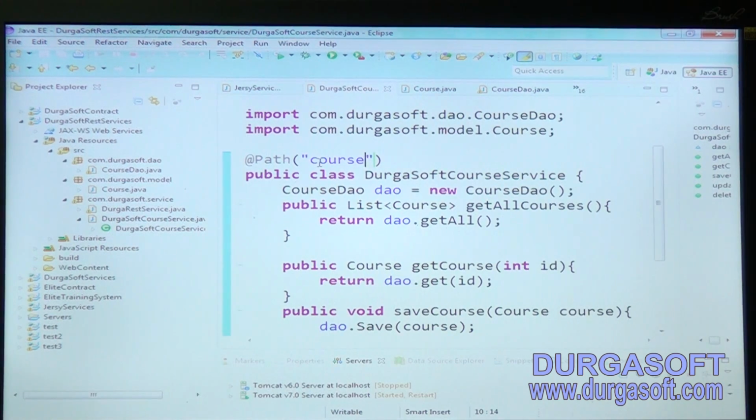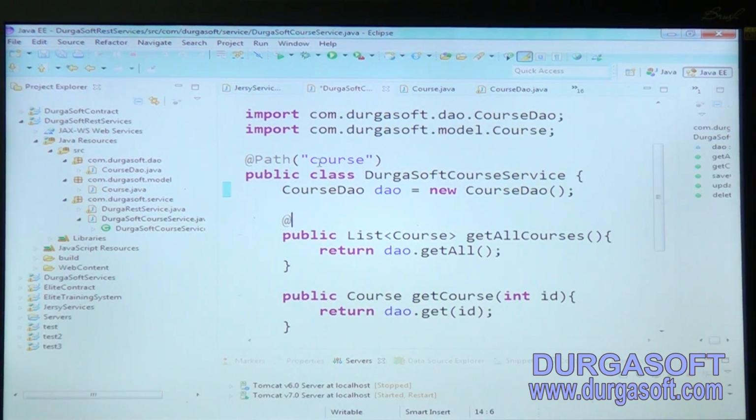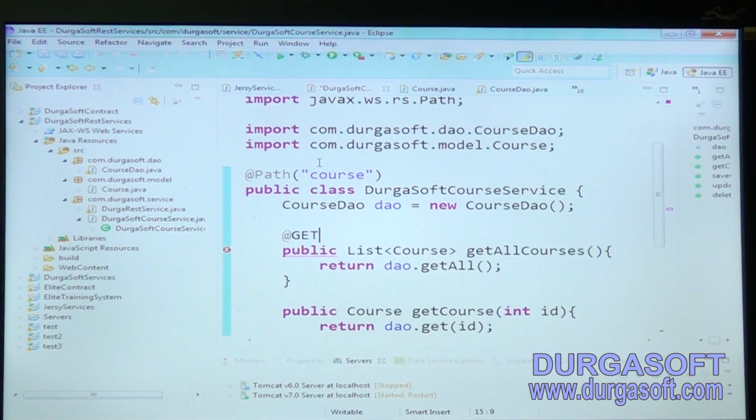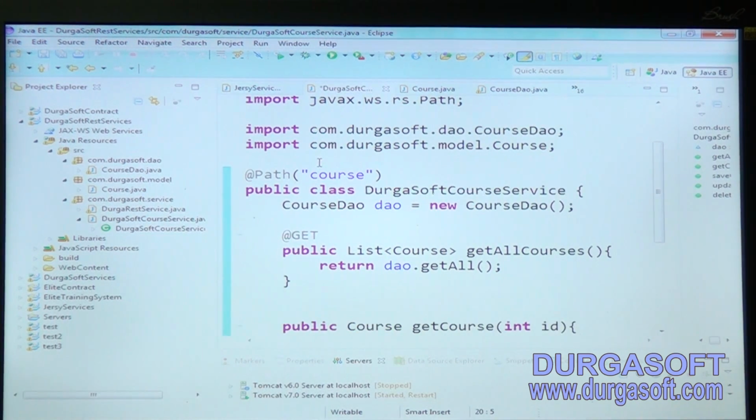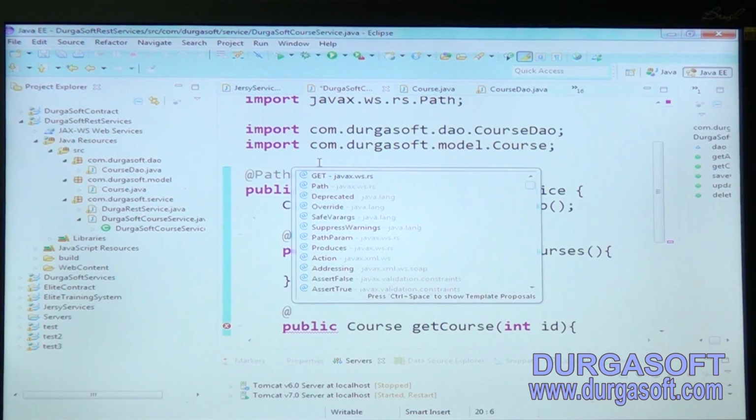So this is my root path. After course, if it is a GET method, then this method will execute. So next URL, it is a GET